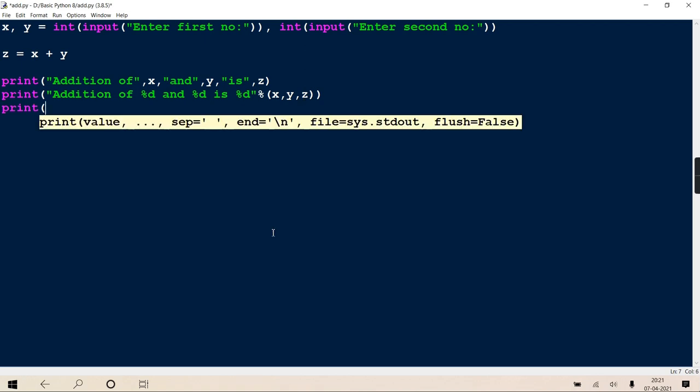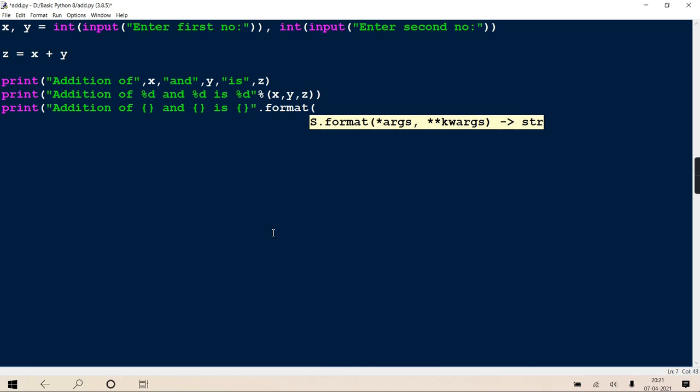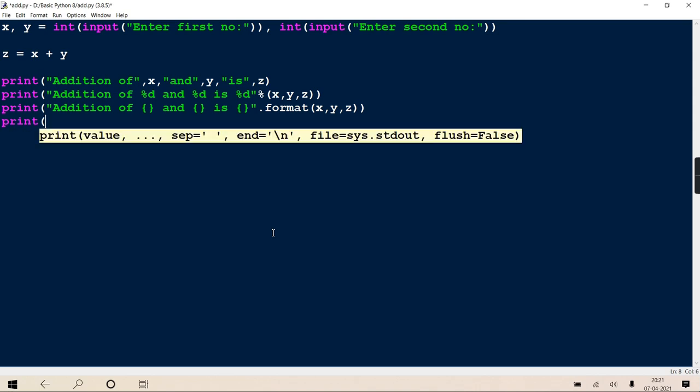Suppose I'm writing this way also: addition of brace bracket and brace bracket is brace bracket dot format x comma y comma z. Will this also give the same result? Yes, obviously.